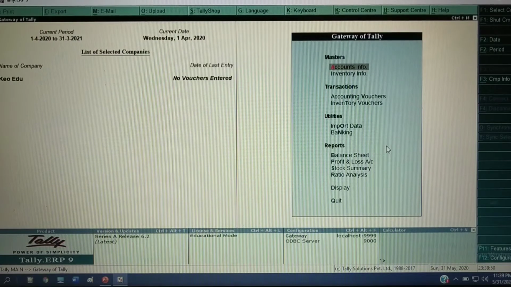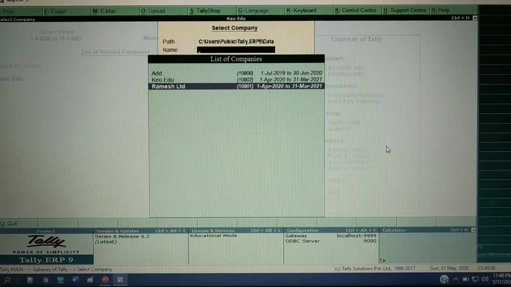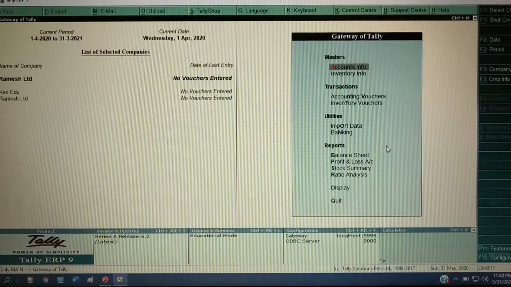And if you want to use the shortcut keys here, you need to press F1 to select the company. The Select Company window has been opened here. Okay, next, the company which you want to open, you need to select here and press enter to select the company.